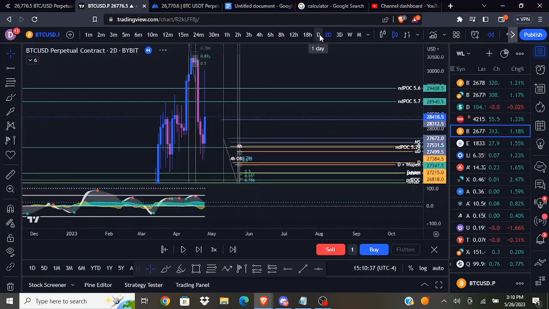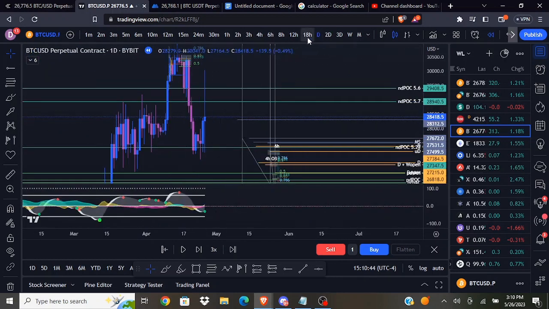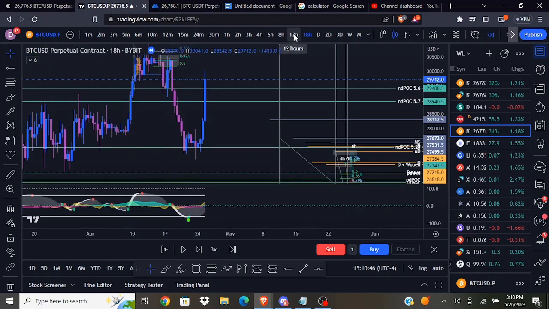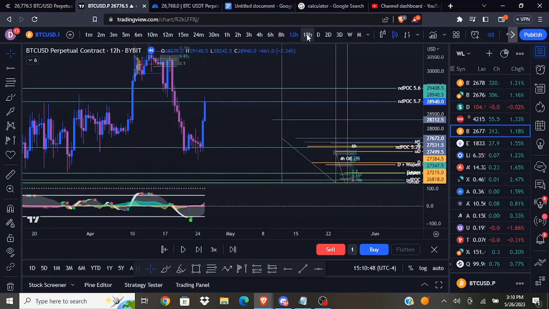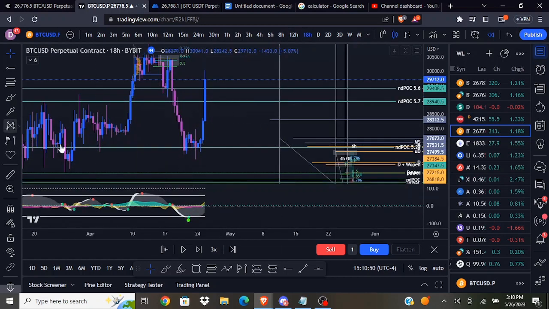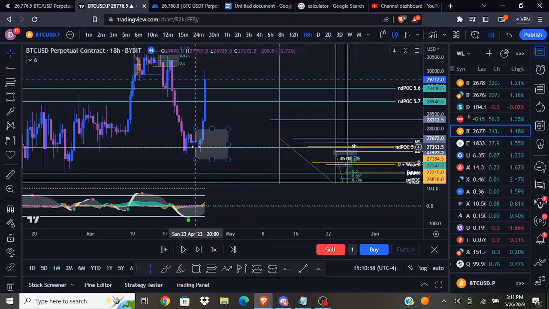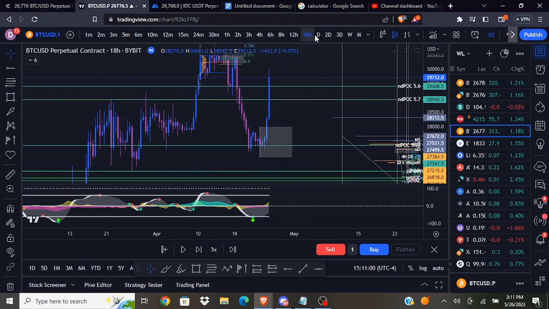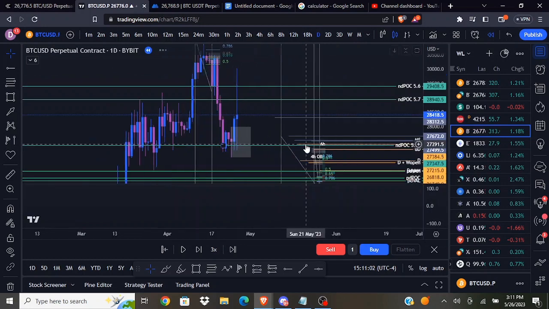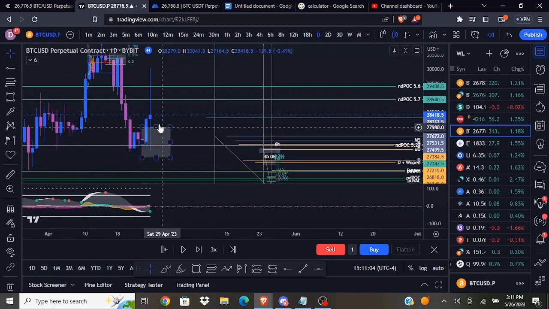So doing the same thing, going from the higher time frames down, I'll look to see if we have any order blocks here. And this is not an order block because there are multiple candles inside of it after it formed. So I would not consider this an order block. If it was a higher time frame order block, you would have been able to see it on the daily, but even here,